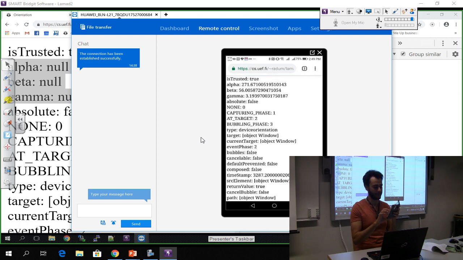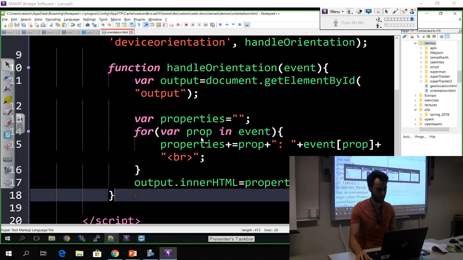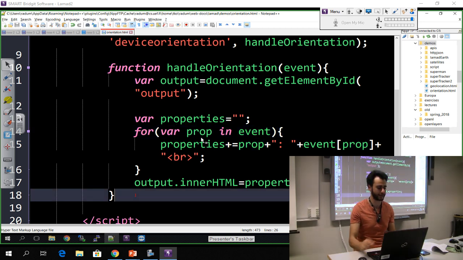Okay, so now I'm refreshing it, and those values are not null anymore. They are pretty crazy. So they are changing somehow when I'm moving the phone, but it's kind of hard to really understand how it's changing. So I'm going to go back to my code, and I'm going to write a better output for this so that you understand it a little